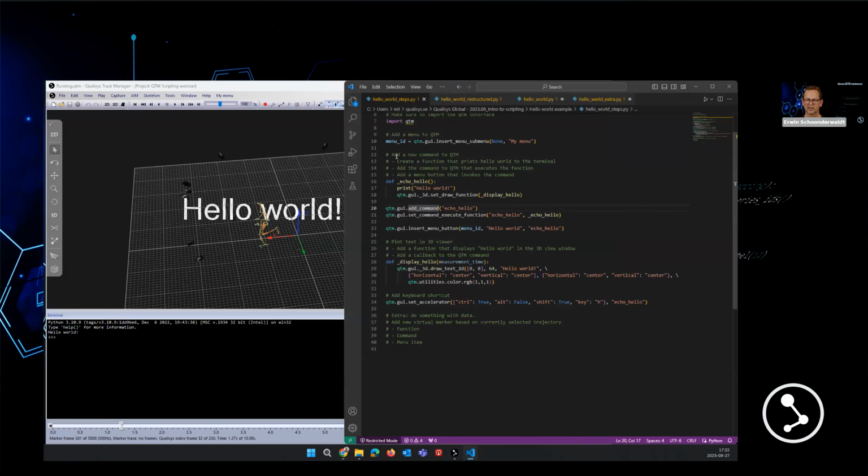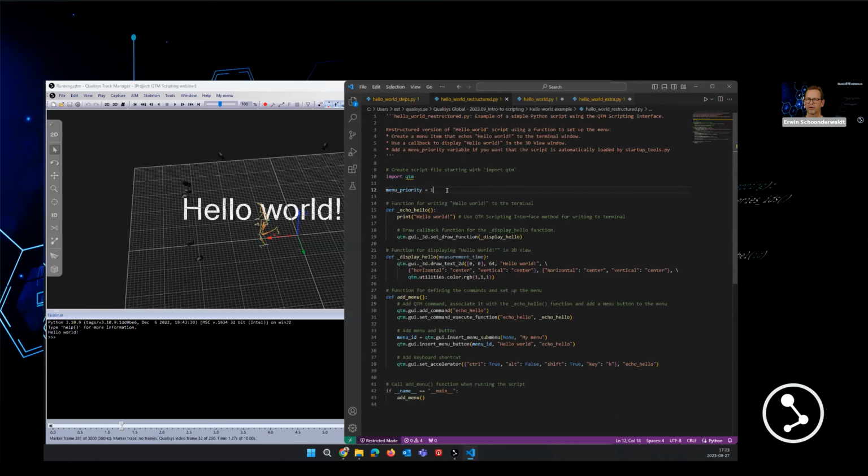Now, this is a very basic way. We just code this line by line, and we have one line to set up the menu. So you can run the script once, and then everything gets done sequentially. But for the tools, we usually have a little bit of a different structure. So I'm going to show you how this would look when we restructure it, as it would appear in our tools resources. And what we add here is a menu priority variable,